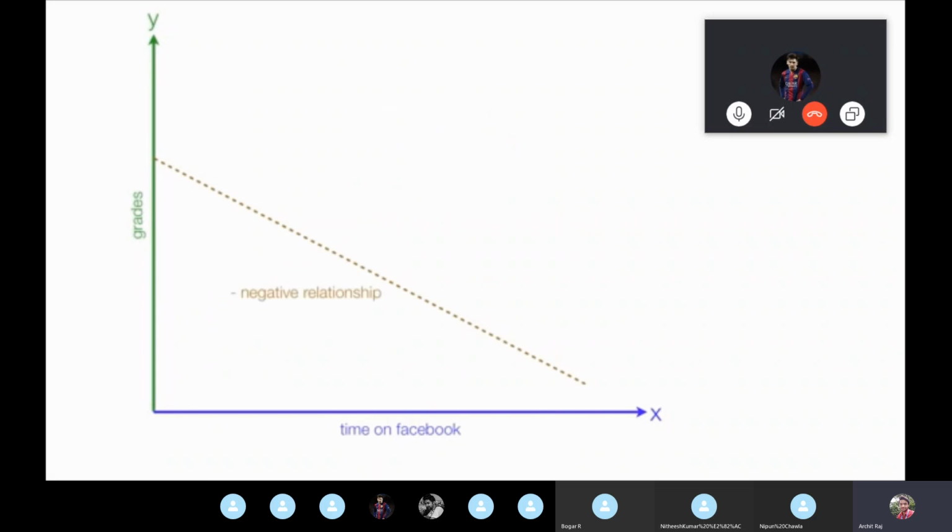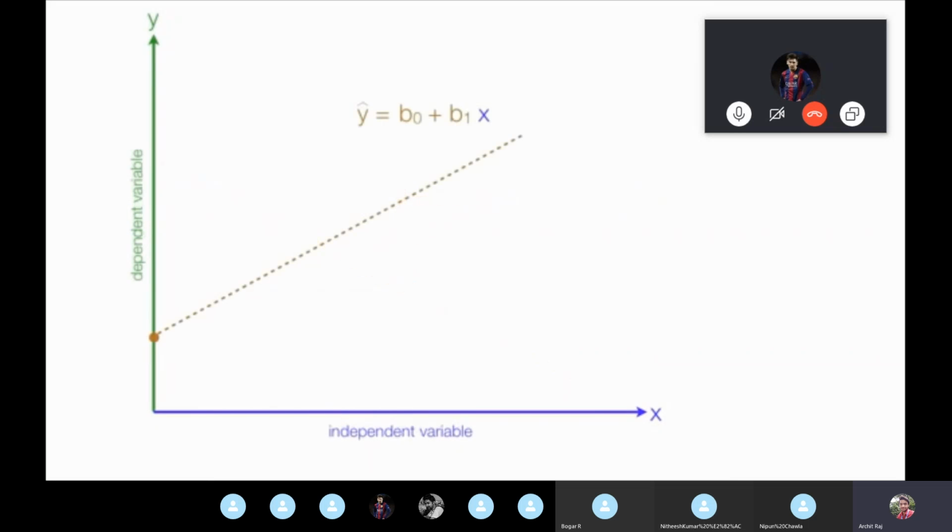Now just imagine a negative relationship: time on Facebook, the more time on Facebook, the lower the grades. So we have a negative relationship. In a negative relationship, we'll write the line similarly, b0 minus b1x. Why minus? Because the slope of this particular line will be negative. b0 will be the same as the y-intercept. b1 you'll get as a negative number because you have a negative relationship, or if you find the slope of this line, you'll have a negative slope. So these are the two cases you can come across, either a negative relationship or a positive relationship.